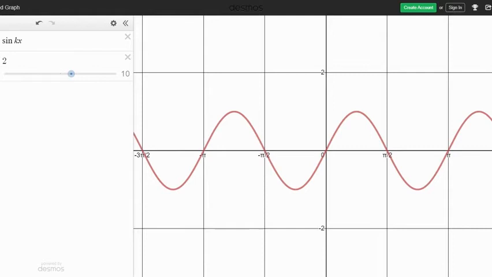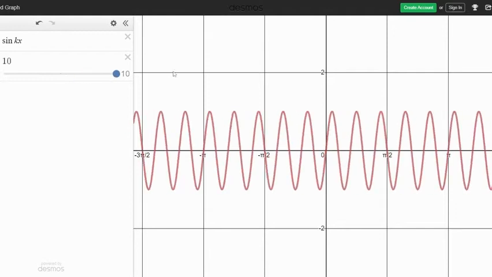The k value is 2, which means our period is half of 2 pi. We're taking 2 pi divided by 2. If I go all the way up to 10, if the k value is 10, we're going to find the period of this graph by taking 2 pi, the original period, and dividing by 10. 2 pi divided by 10 is 0.2 pi, which I suppose is about